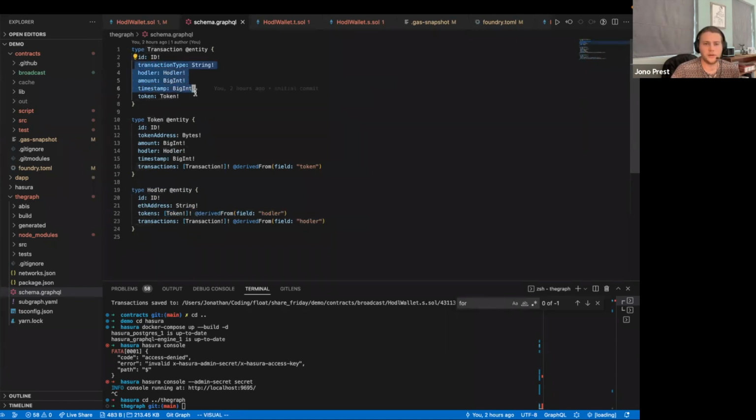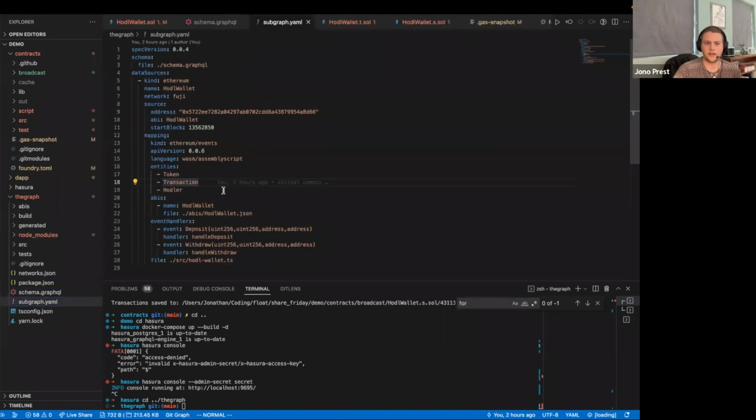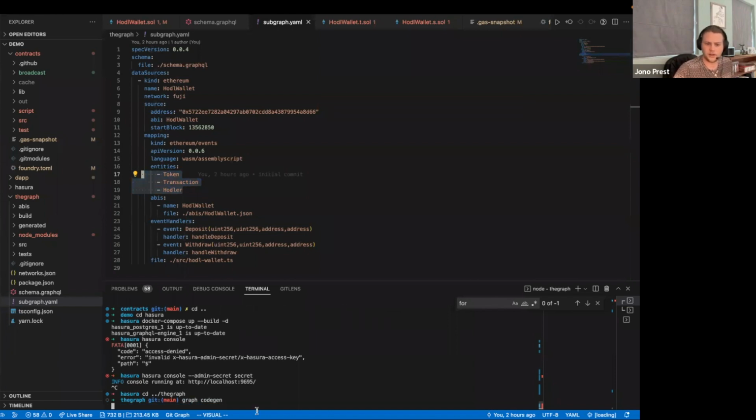Essentially, we want to be able to store every transaction that's happened. And then we also want to be able to manipulate users' tokens. So let's say they have a specific token. As a withdrawal or a deposit comes in, we want to be able to update the value of that token, not just store a new transaction. That's what The Graph helps us do. So I've created these entities. Then in our subgraph.yaml file, I define those entities over here, just to flag them. Then The Graph gives us a tool called CodeGen, and I'll run it,